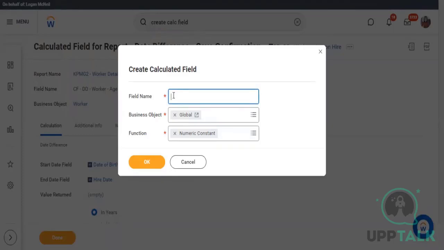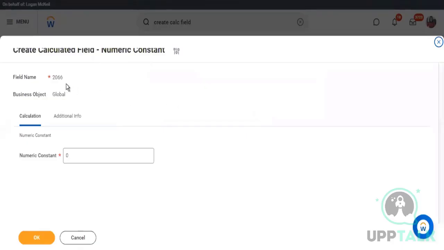Irrespective of the primary business object of that report. So those fields that you create on the global business object can be accessed by any report throughout the tenant. The other thing that we do with respect to these constants is we give them the same name as the constant value itself. If I name this, let's say, CF global numeric, then no one would actually search for that, right? It wouldn't make sense. So usually when we are creating these constant values, we give it the same name as the value itself. So once again, this is just the name. The actual value is this,